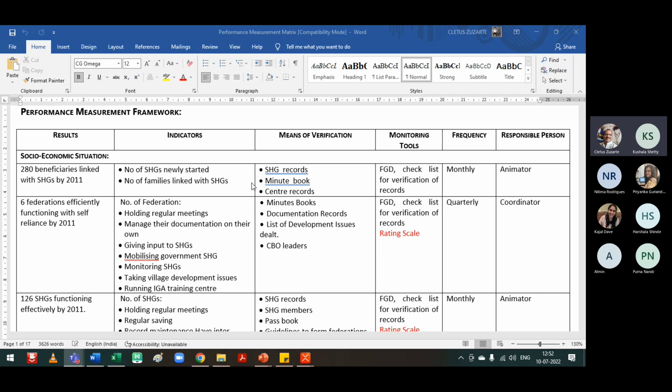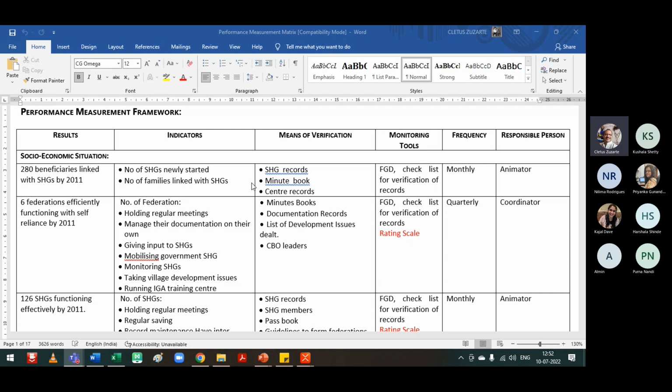Yeah, excuse me. Tell me, sir. Yeah. Sir, you used a different nomenclature, that is performance measurement. Is that equal to evaluation or that is equal to monitoring? No. This is a monitoring framework, but it is the same log frame, but I have put in